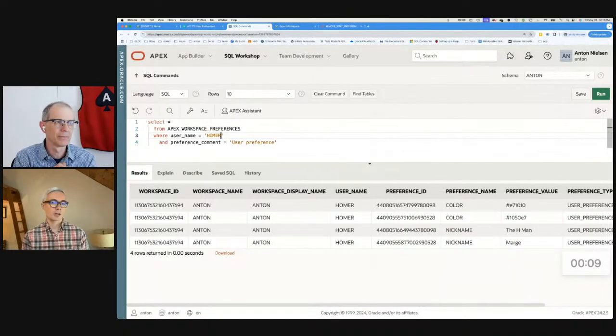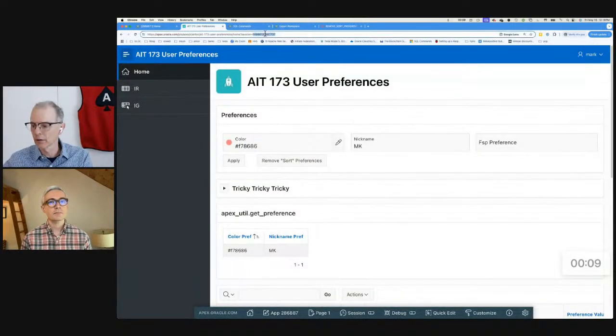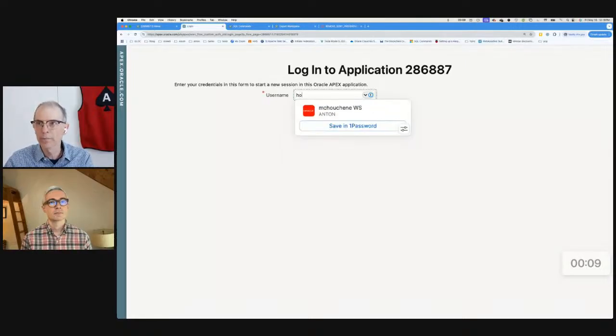So when Homer logs into a workspace, which color preference applies to him? That's a good question. And which nickname applies? Shall we try it? Let's try it. I actually don't know, but I'm gonna log in as Homer. So we're gonna change this. We'll log in as Homer,